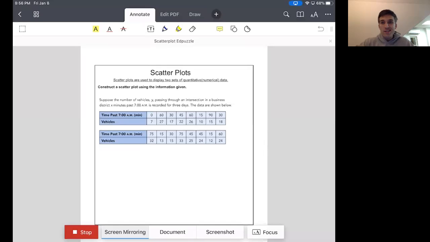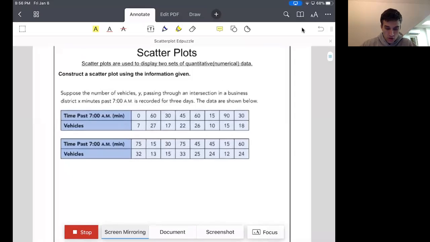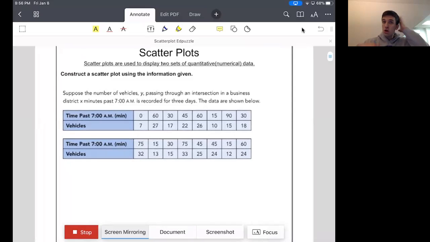Okay, guys, so today's lesson is actually really straightforward. It's on scatterplots. A scatterplot is just another way to show data that you gather in an experiment. So if I wanted to construct a scatterplot using the information below, suppose the number of vehicles Y